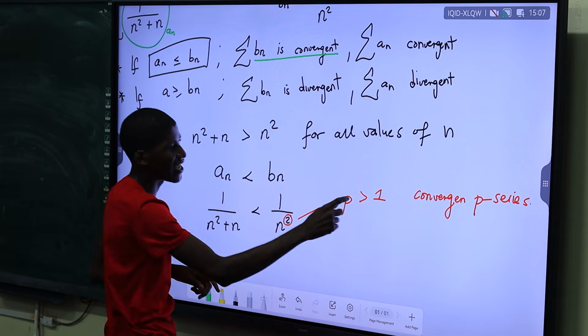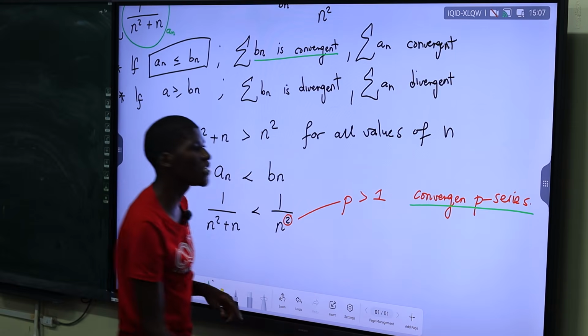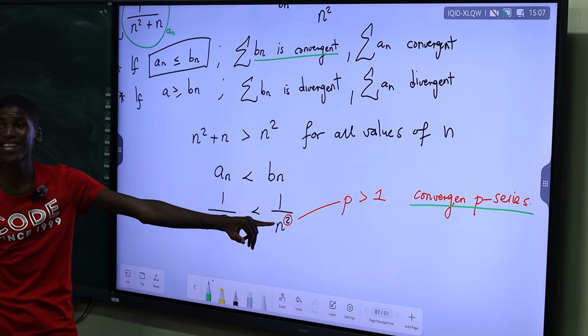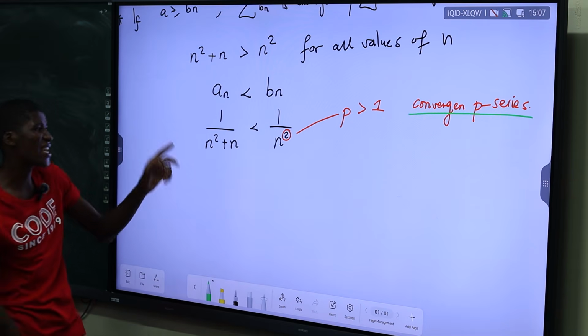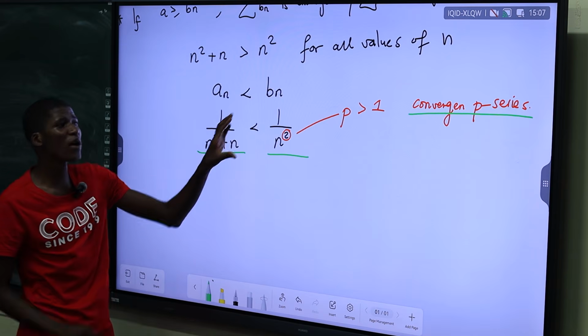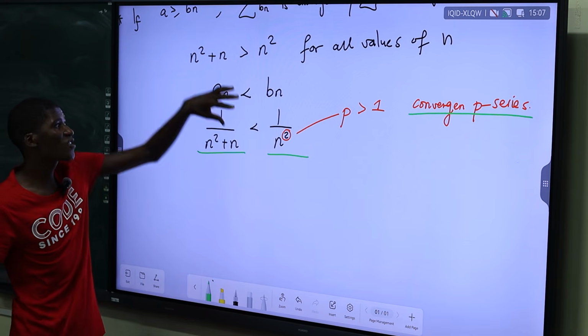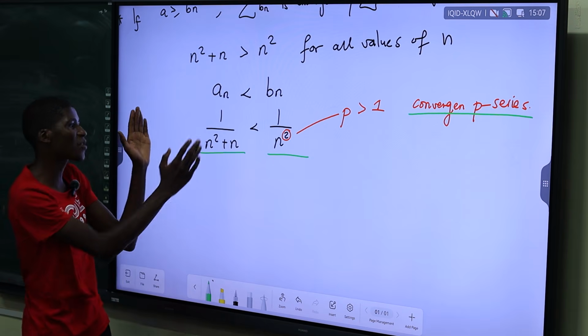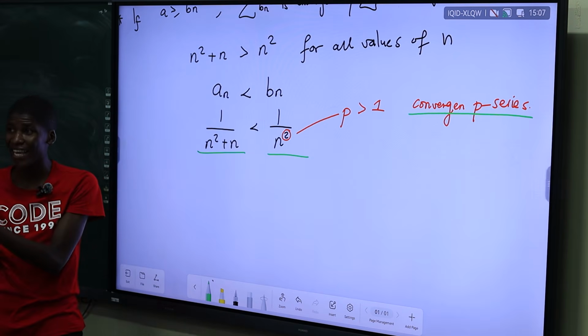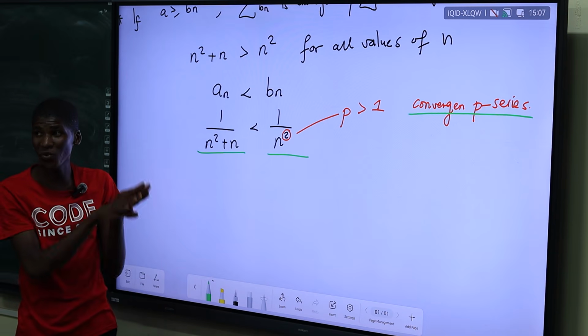Bn wethu is converging, and in this case we showed it ukuthi bn wethu wenza njani? Convergent series. Because whether it's a P series, right? So if we put the sum here, if we put the sum on this one and we put the sum on an, this one will be convergent. And this condition is true nakhona. So it means this one must also be convergent now. Because bonke baba convergent together or baba divergent together.